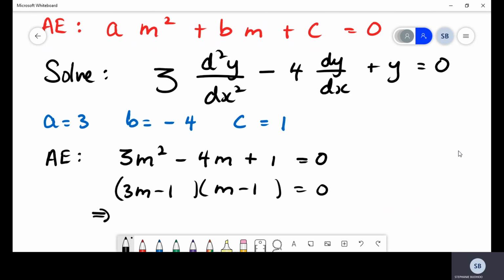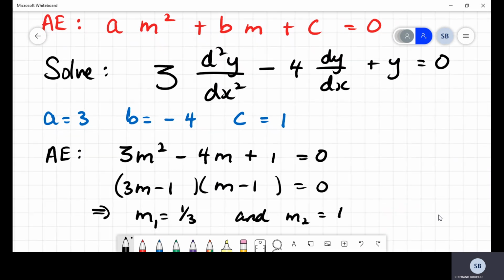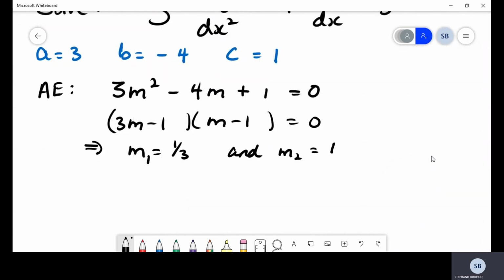This implies that we have two distinct real roots, where one root m1 is given by a third, and our second root, m2, is given by 1. Because we found using factorization that our roots are real and distinct,